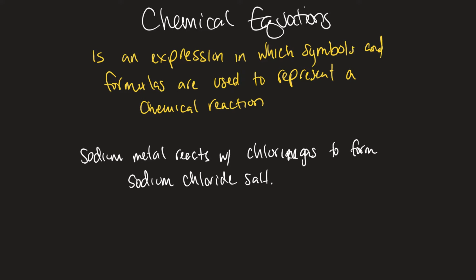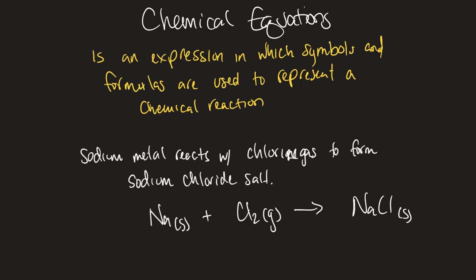Chemical equations just use chemical formulas to illustrate this very same thing that I just wrote, right? And so instead of writing all this, we could just say sodium metal, which is a solid, plus chlorine gas, makes sodium chloride, which is a solid. All right. And so let's dissect this to make sure that we know what all this